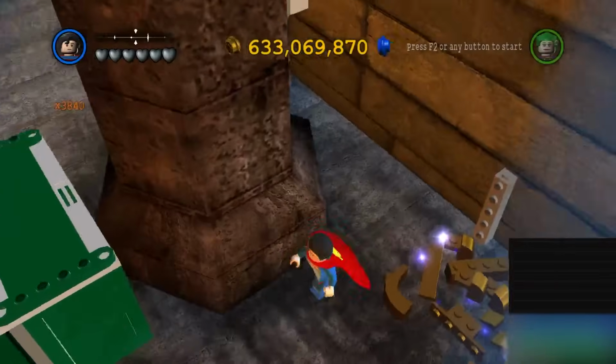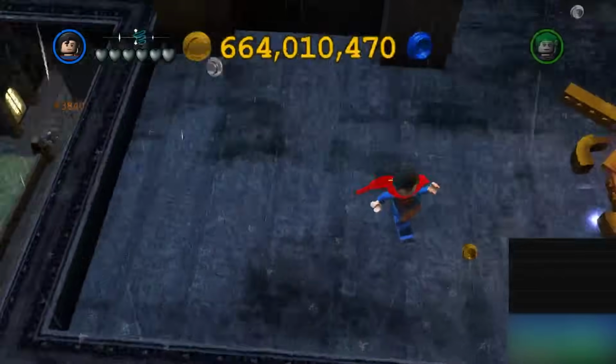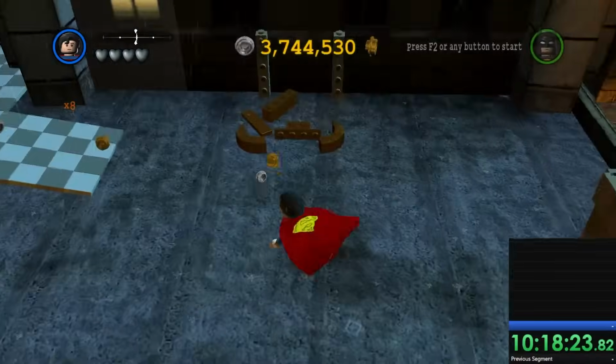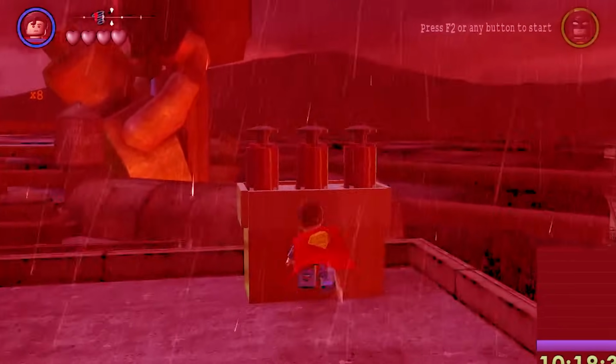But heroes, on the other hand, are more privileged than villains, as they're found through these gold doors that you have to build, and the only way you can build them is getting the required number of gold bricks in order to build it. And in Aquaman's case, I needed 70 gold bricks, and unfortunately for me, I only had 38. And yes, I did lose my mind when I saw this for the first time,